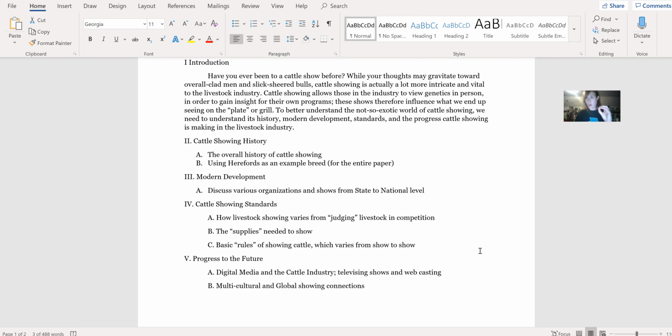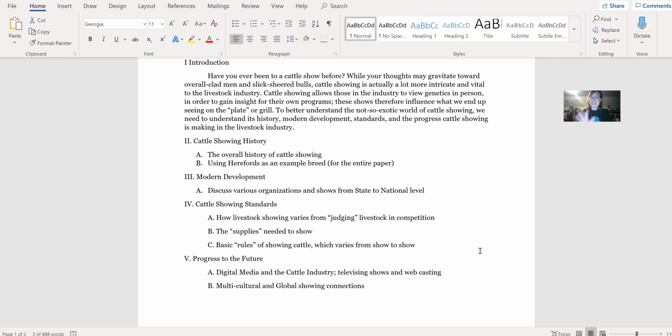Some kind of framework that you can build your paper from so that you're not sitting there on Sunday when it's due going, I don't know where to start. That's what I want to prevent. I want this outline to give you a starting point that you can build from, and if you change it along the way, if you take out subpoints and add in new points and develop it and alter it, that's fine. That's awesome. That shows your paper is growing and changing and getting better.